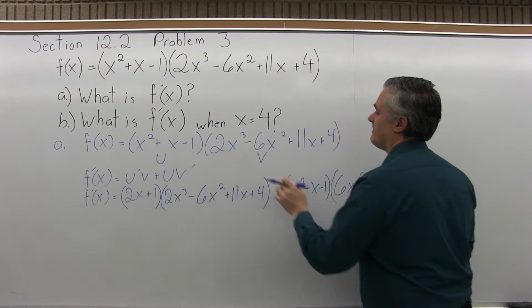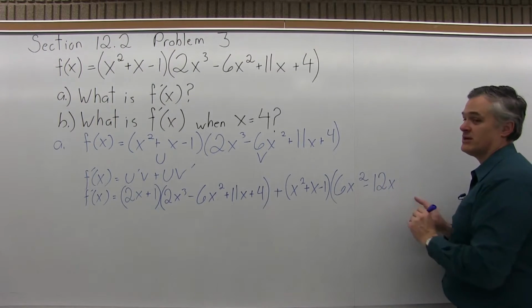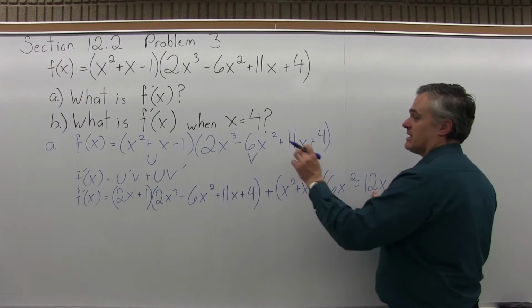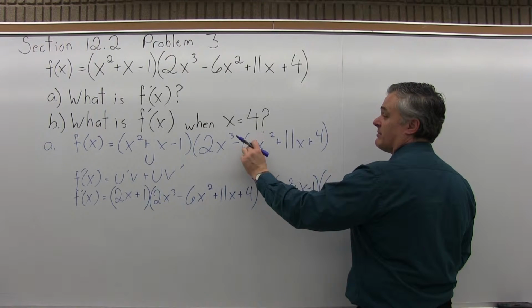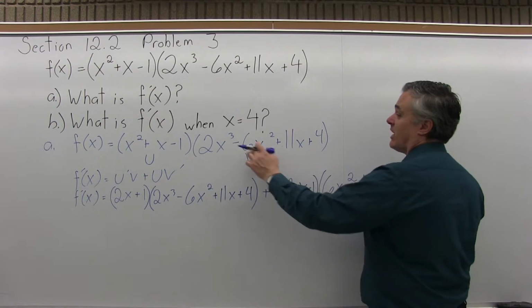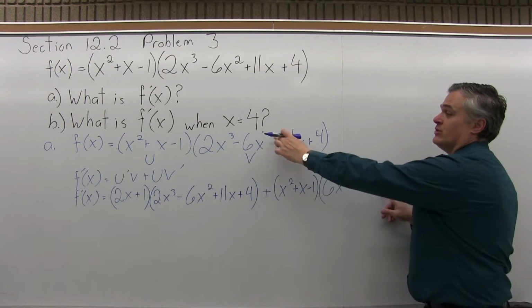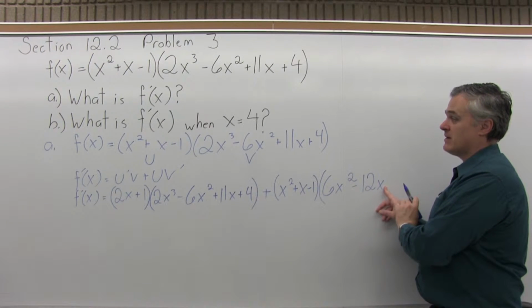The next piece, the minus 6x squared, will be minus 12x to the first. And where that comes from, same process. The exponent of 2 comes down times the number in front, the minus 6. And 2 times minus 6 again is negative 12. You have to pay attention to the sign. Reduce the exponent by 1. That second power drops down to a first power.